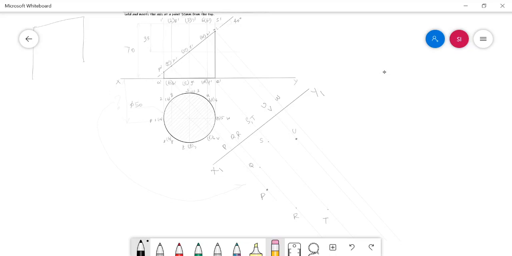Here I am marking the distance approximately, because I am not provided with the linear scale in this software application, but you can do it with accurate measurement with your proper tools in your paper. So measure the distance between the point V and the XY line. Mark it here. And measure the distance between the point W and XY line. In the projector of W, mark it.